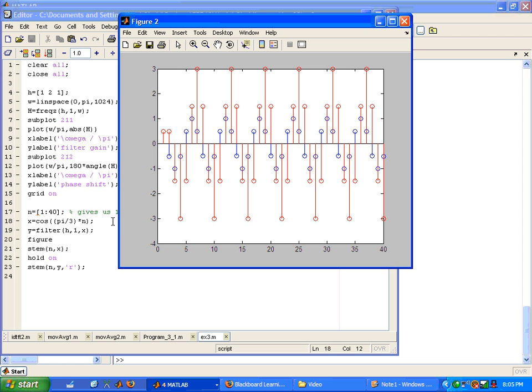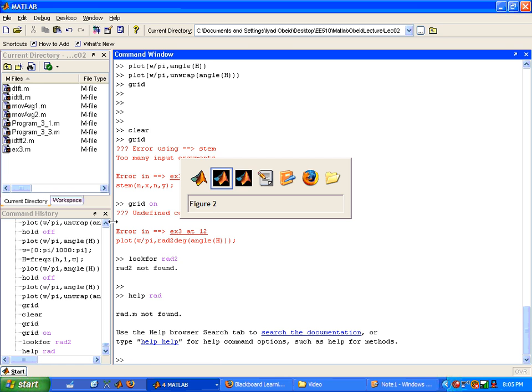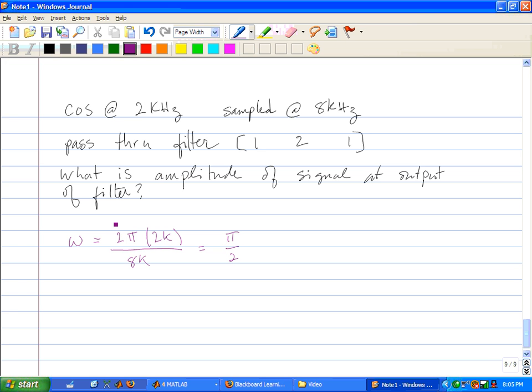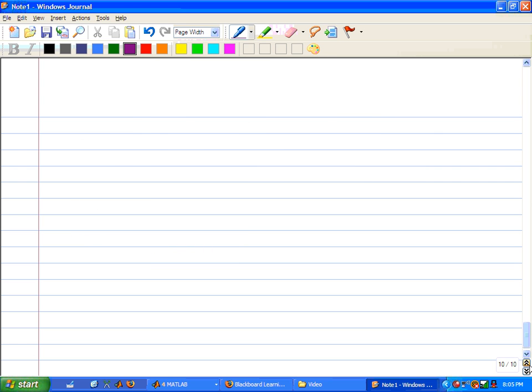It sort of teaches you how to create filters out of a very basic FIR configuration. Essentially, the most basic FIR filter